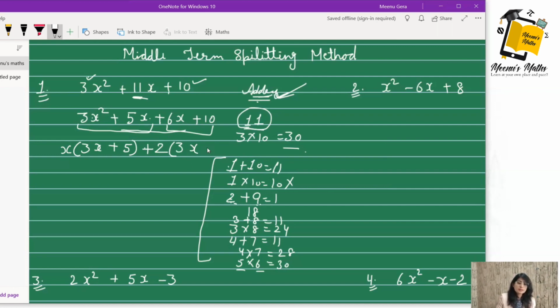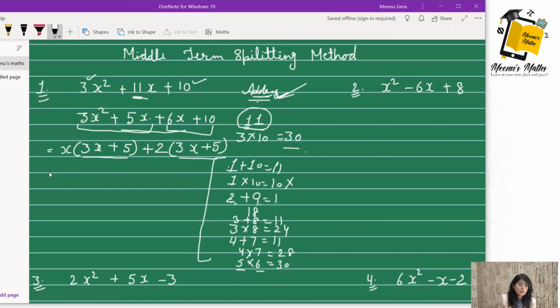Again this sign is plus. And what about this 10? I have taken common 2 from 10. I know that 2 fives are 10, so 5 is remaining here. At this step, look carefully that we have the same term in the bracket. This is the sign that we can check that we are going the right way. If we are getting the same term in brackets, we can say that we are doing it the right way.